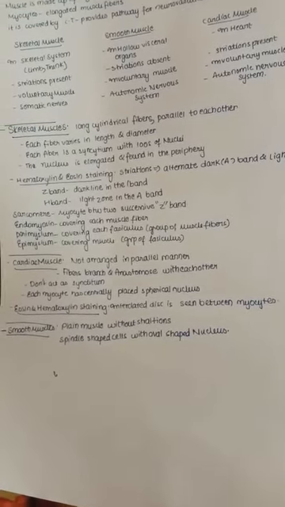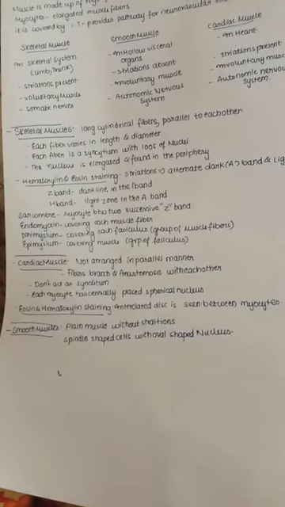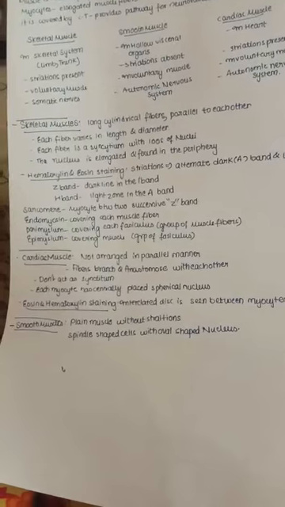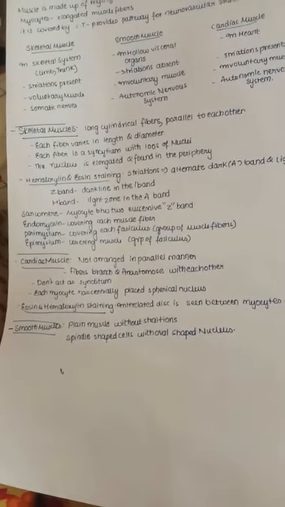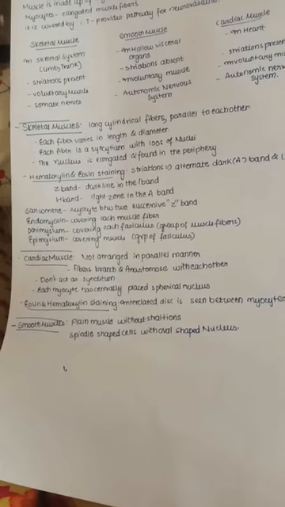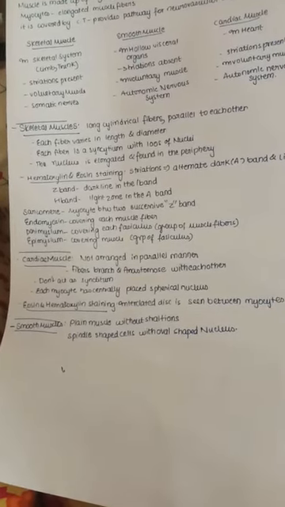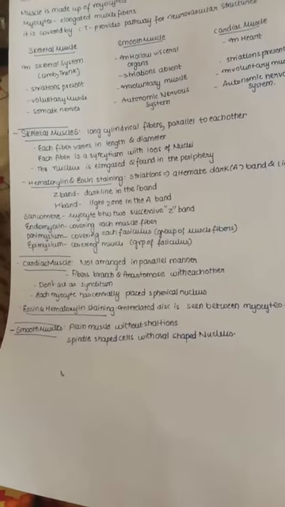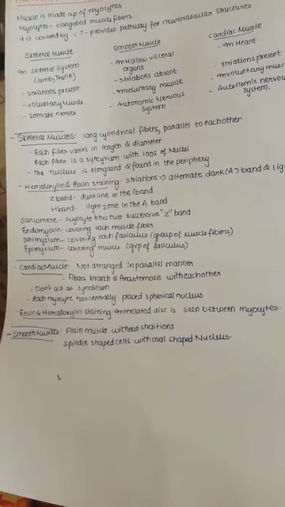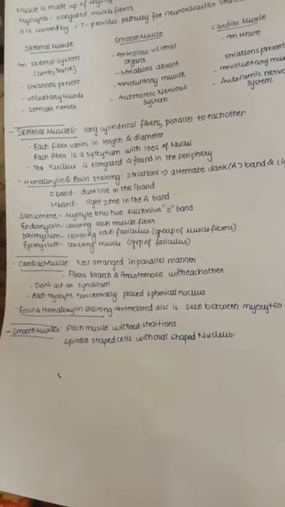And a sarcomere is the segment between two successive Z bands. Endomysium covers each muscle fiber and perimysium covers each fasciculus. So the muscle fiber or myofilament is innermost, covered by endomysium, and all the muscle fibers together form a fasciculus, which is covered by the perimysium. Next, a group of fasciculi form the whole muscle, and it is covered by epimysium.